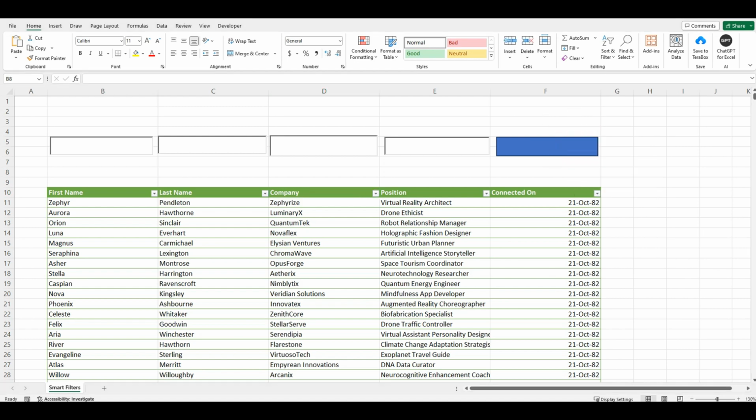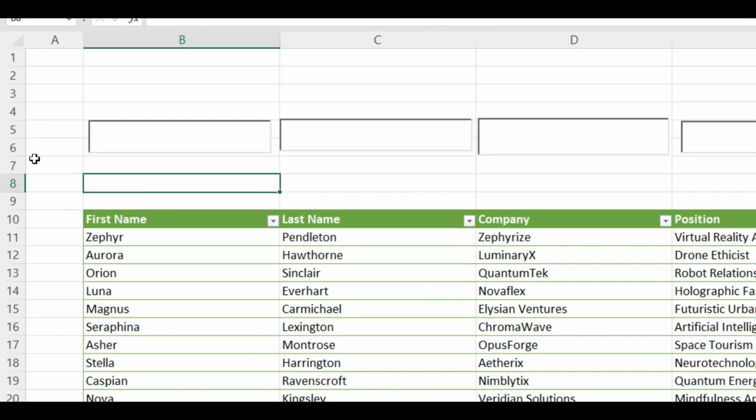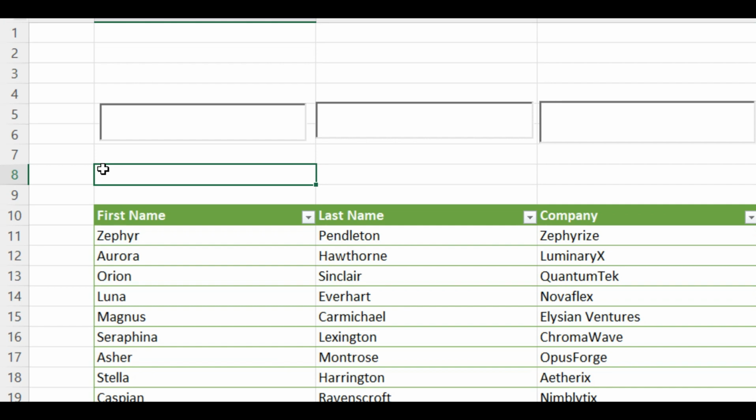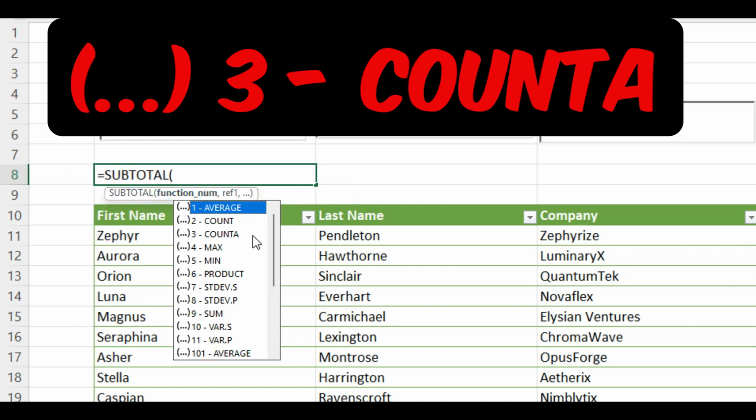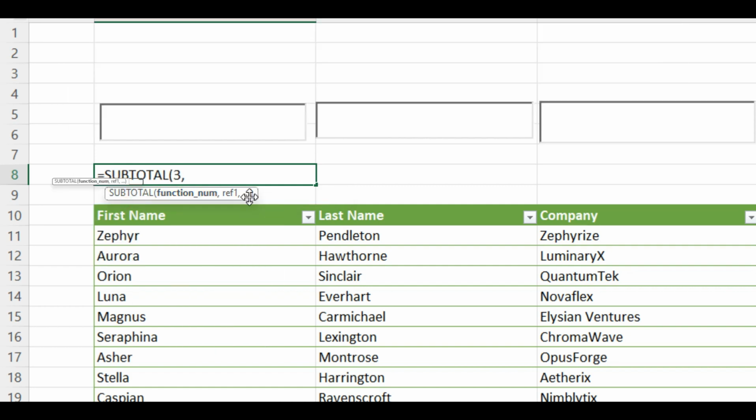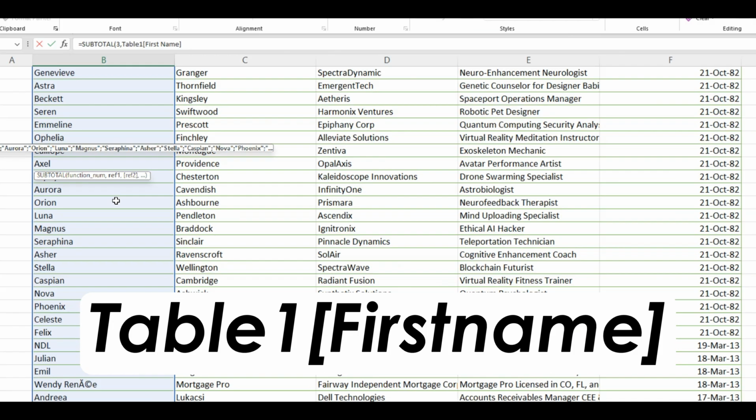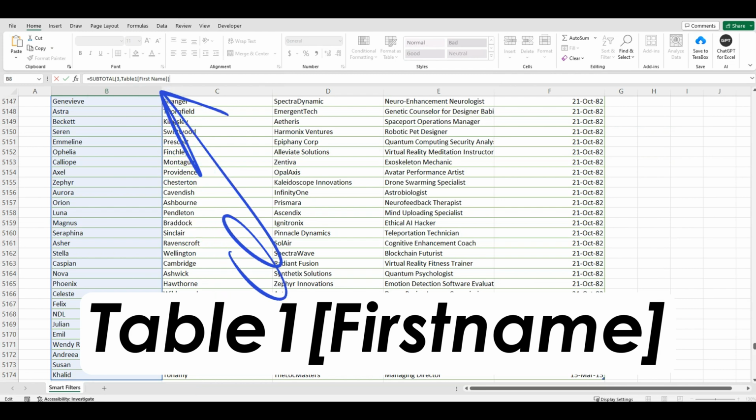Now, let's do one final thing before offering you the surprise that we mentioned. Let's add a count to the results. To do this, we will use the subtotal function. We click on the equal sign, we type subtotal, and then we add a count A, or a criteria 3, and we select the entire range down to the bottom. As it's a dynamic table, you'll see that the range will be automatically converted to a named range.